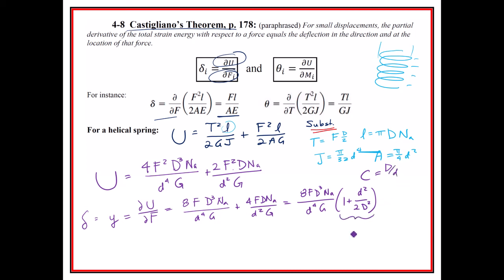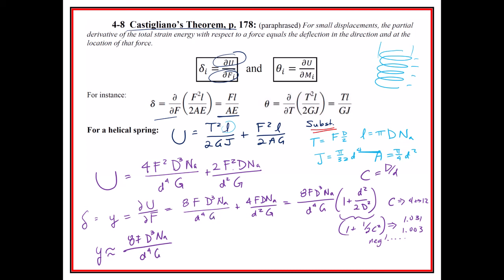So this part turns into 1 plus 1 over 2C squared, right? So we know that C has a range of 4 to 12. And when that's the case, this part right here has a range of 1.031 to 1.003. So therefore it's negligible. And so what we're left with is that y is approximately equal to 8F D cubed N A over